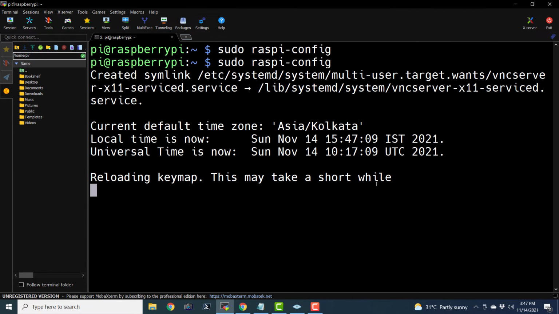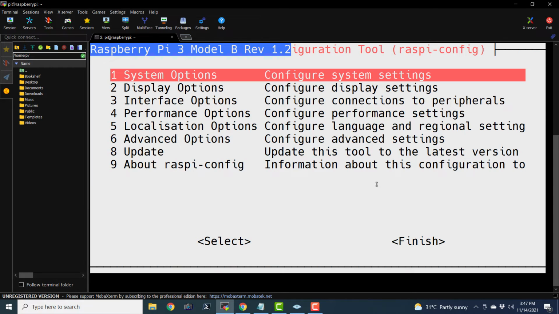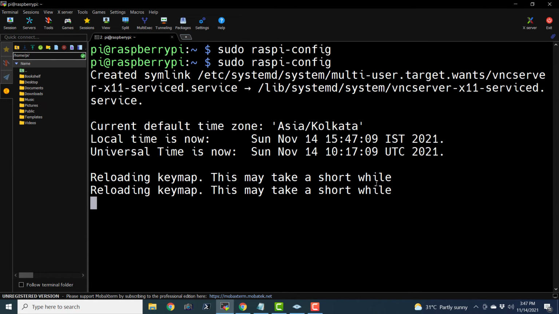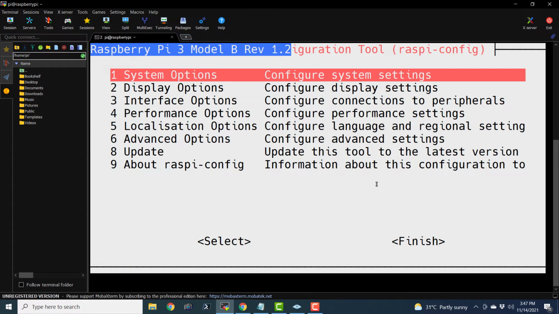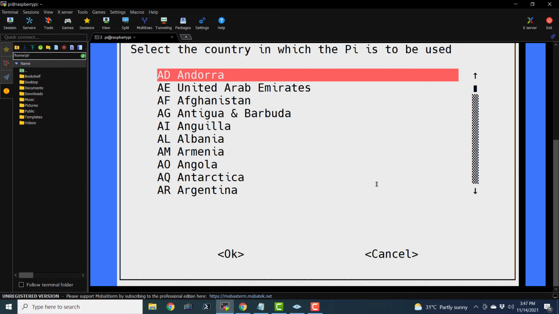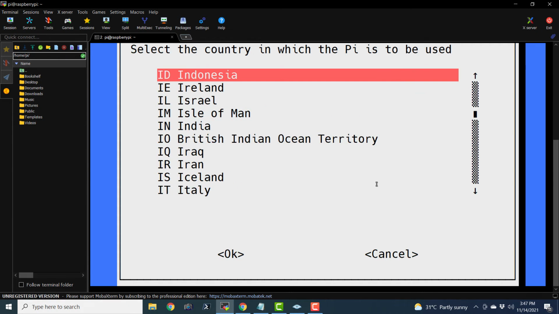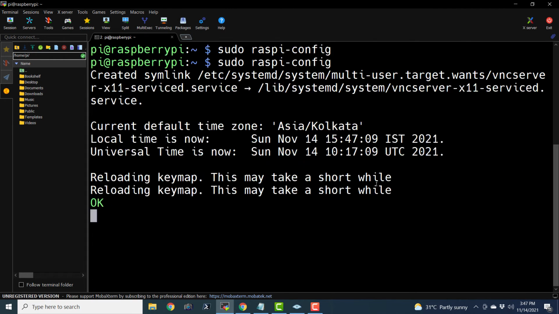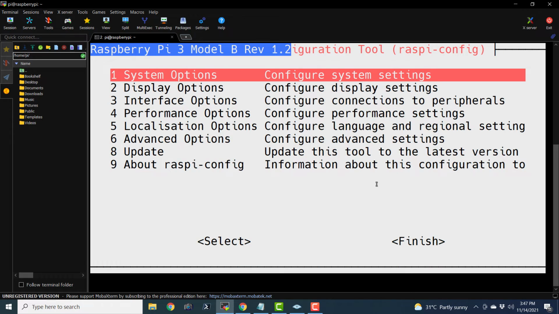Let's choose the keyboard. So it is going to take some time because there are a lot of key maps, and we should actually use some sort of US style keyboard. So I guess there is some problem. It is not loading the key maps for the keyboard. Okay, we will just leave this and we will go to the WLAN country, and I'm going to choose India. Okay. So WLAN country is set to India.